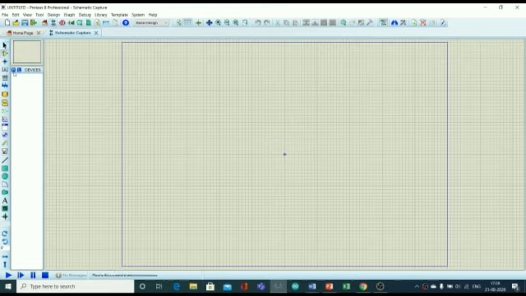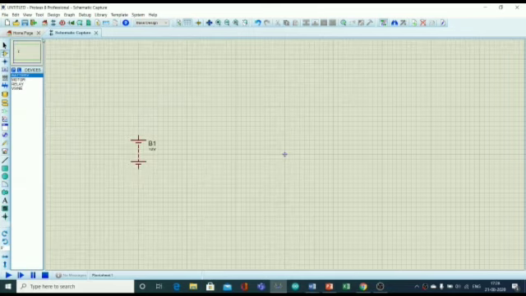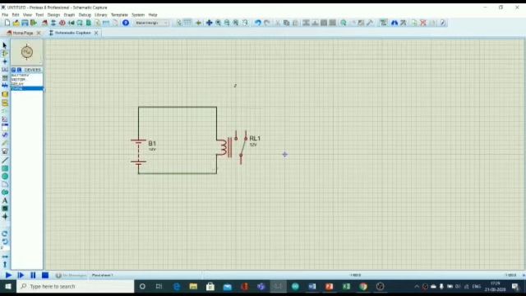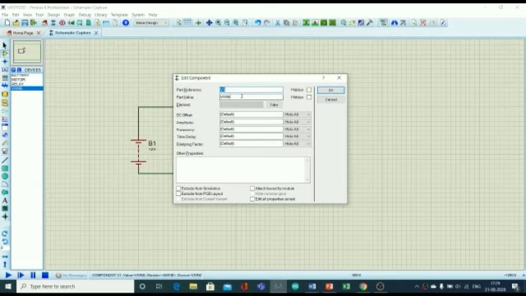As we have discussed before, a DC motor is a device which converts electrical energy into mechanical rotation. There is no specific positive and negative terminal for a DC motor, and if we want to control the direction of the DC motor, it is possible by using the L293D IC, which is known as a driver circuit. The required components for this demo are battery, relay, voltage sign, and motor. Relay acts as a switch. Place the components in the required field and run the simulation so that the relay will be switched on, which makes the motor rotate, and after completion stop the simulation.